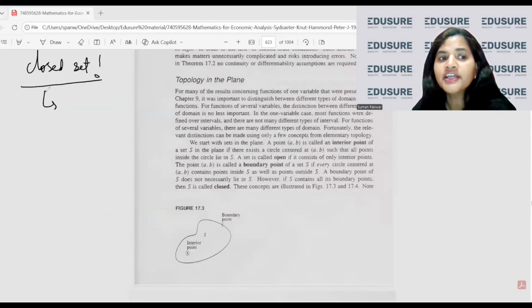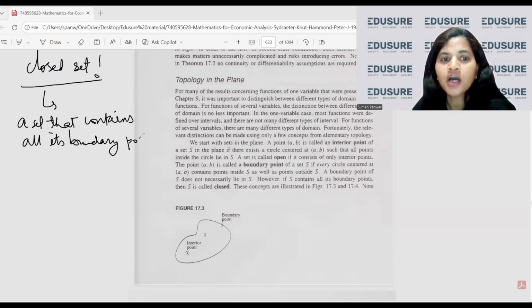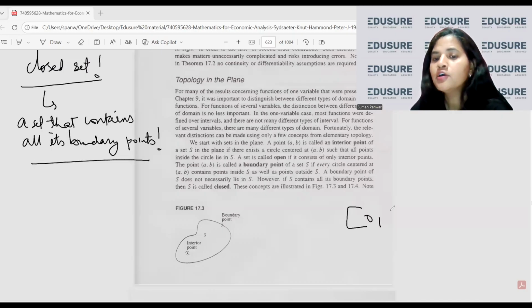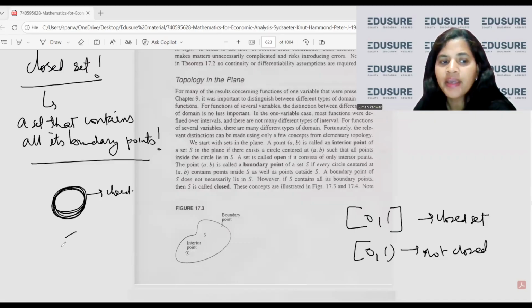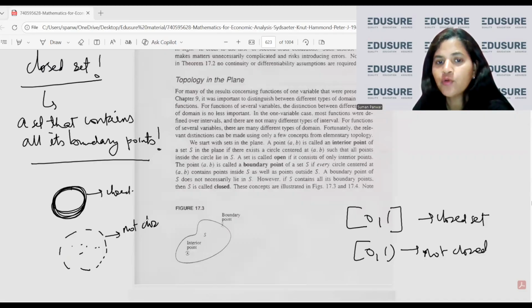अब क्लोज सेट क्या होते हैं? क्लोज सेट वो होते हैं जो अपने सारे बाउंड्री पॉइंट्स को कंटेन करते हैं। सो अ सेट दैट contains all its boundary points, those are known as closed sets. For example, this is a closed set, this is neither closed nor open, okay, so not closed. अगर मैंने ये सर्कल ले लिया जिसकी बाउंड्री इंक्लूडेड है, ये क्लोज सेट है। और अगर मैंने ऐसा लिया कि बाउंड्री इंक्लूडेड ही नहीं है, सिर्फ अंदर की चीजें इंक्लूडेड हैं, तो ये नॉट क्लोज सेट है क्योंकि ये अपने बाउंड्री पॉइंट्स को कंटेन नहीं करेगा।